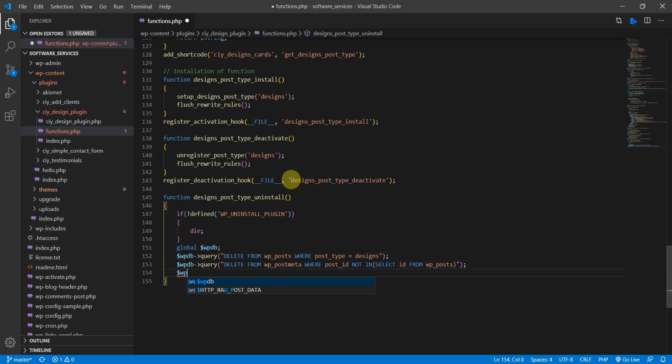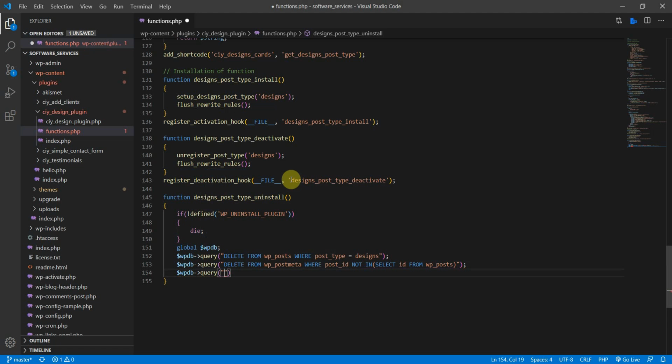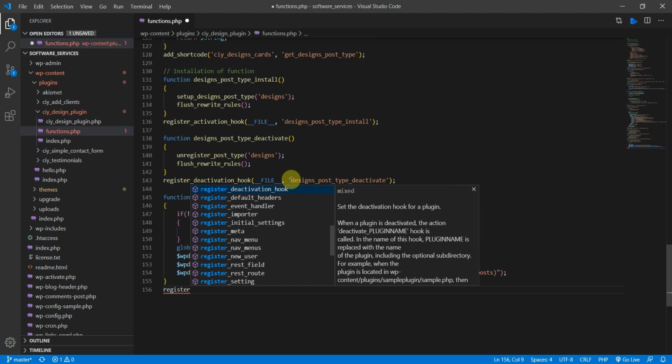relationships, if they have any, wpdb and query, right, and then delete from wp_term_relationships, where the object_id is not in, and here select id from wp_posts, semicolon at the end, and then we need to register this uninstall hook as well, and we need a